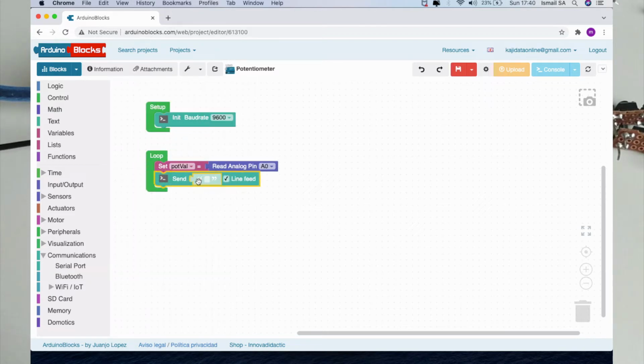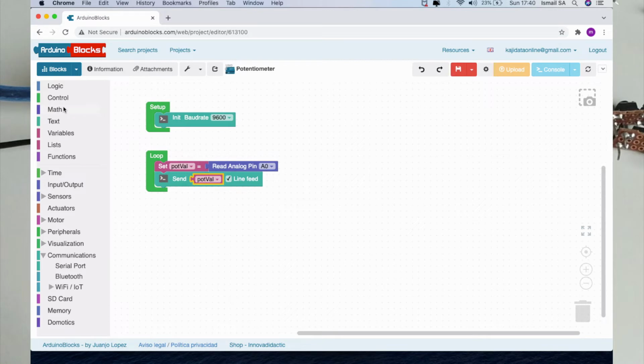So what kind of value are we going to send on our line feed? I'm going to use the variable. So I'm going to call upon this port val under the variable. This is a very simplified idea that you are trying to show your potentiometer value at the serial monitor using the Arduino blocks. If you are very new to the coding part of the Arduino, perhaps this is one of the ways to learn how the Arduino works with your physical function.